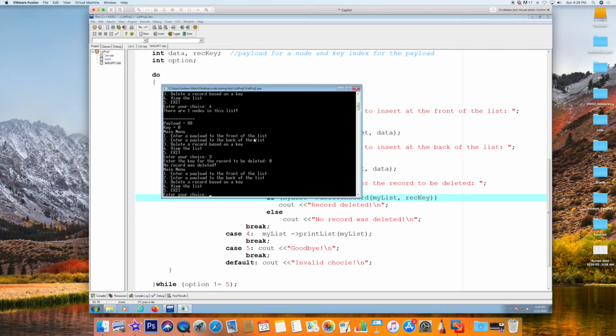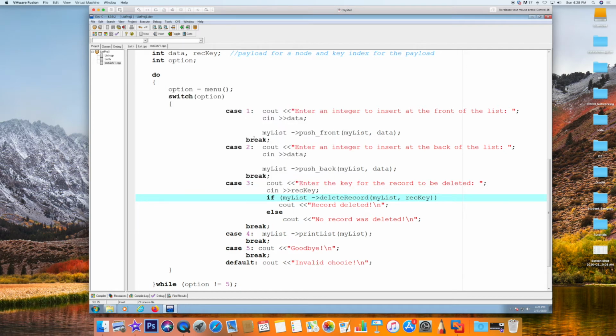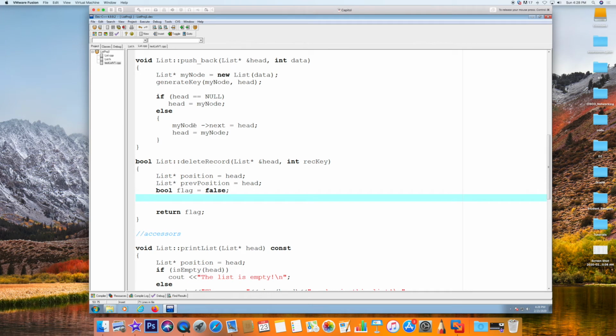Now remember, on this particular case, we have one node in the item that has 88 in it with a key of 0. Okay, let me hit 5 for now. We're going to come back to this. So everything seems to be smooth up to this stage. So now let's work out the logic